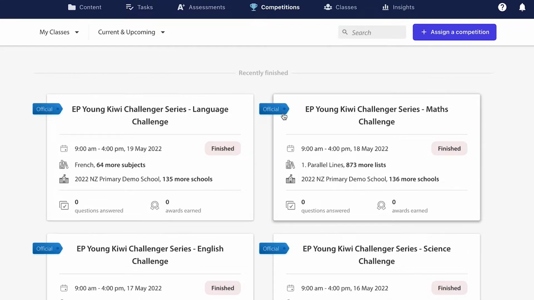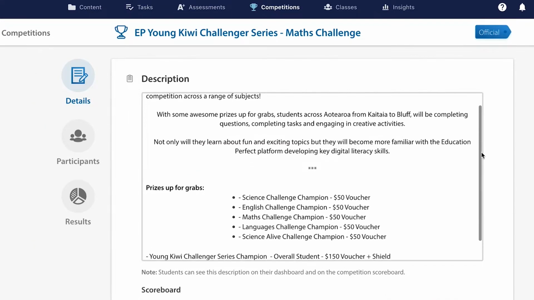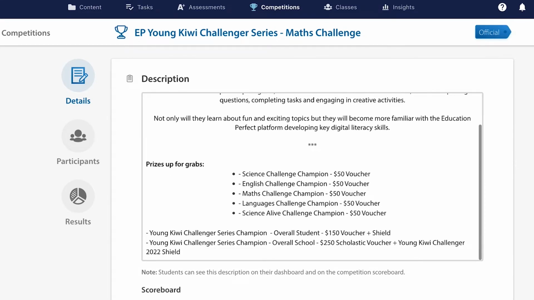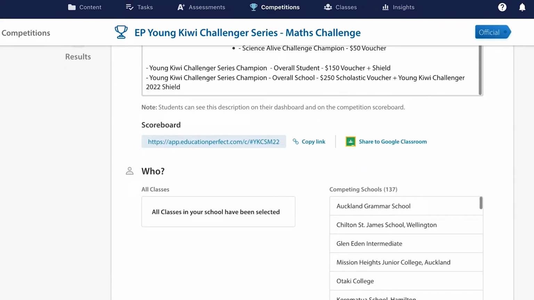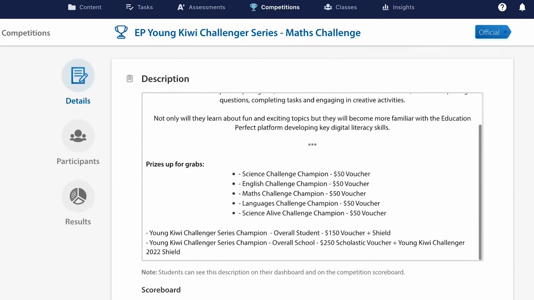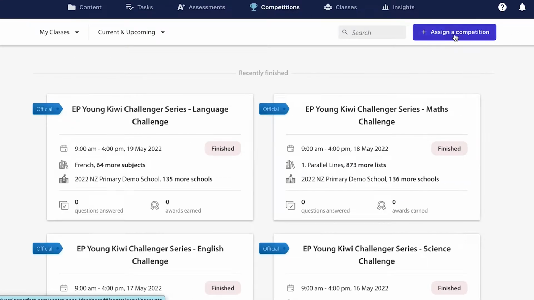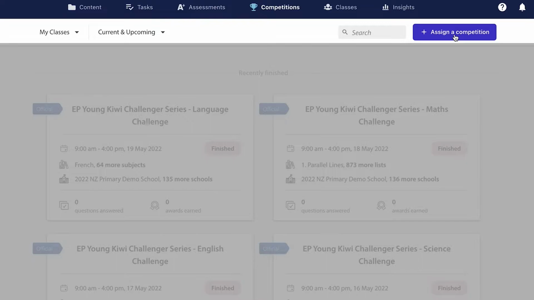These have an official blue tag on the side of them. Clicking on each will access more information about when the competitions are run, what they entail, and the prizes up for grabs. If you want to create your own competition, click on the New Competition button on the top right-hand